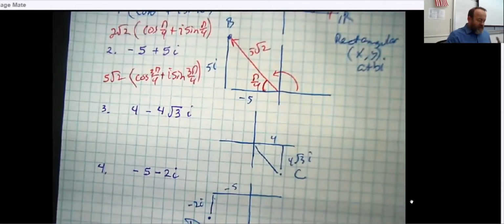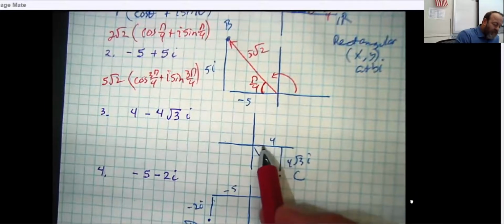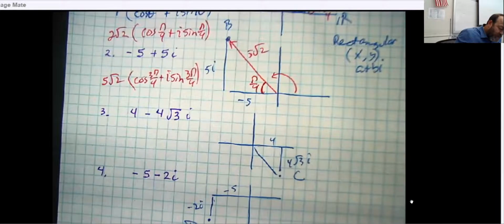Now, again, I have a series of problems to go through, and I'm going to keep making them a little bit more robust. Notice that if I went over 4 and I went down 4 roots of 3,